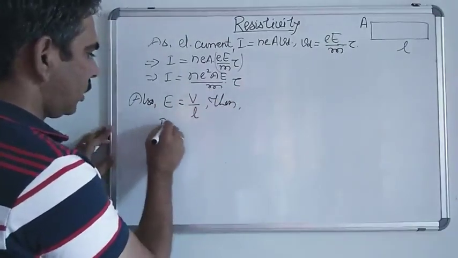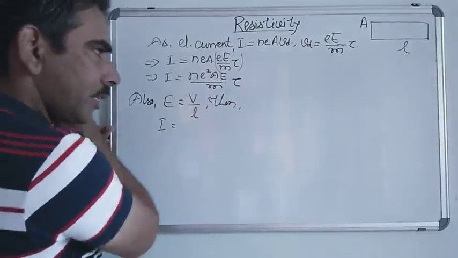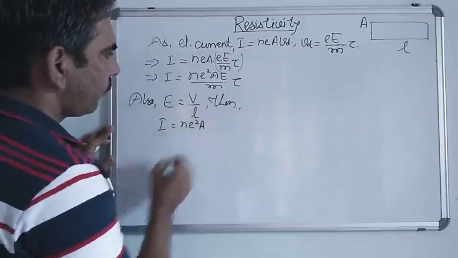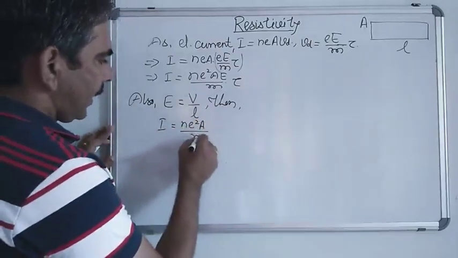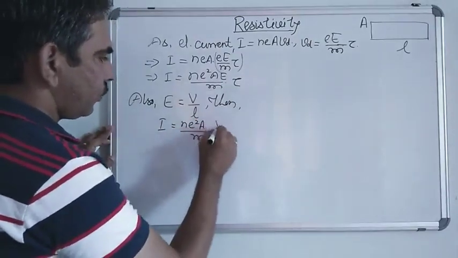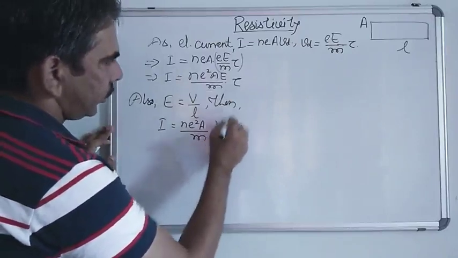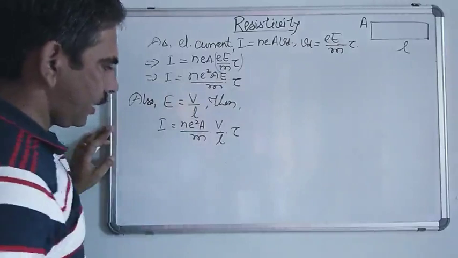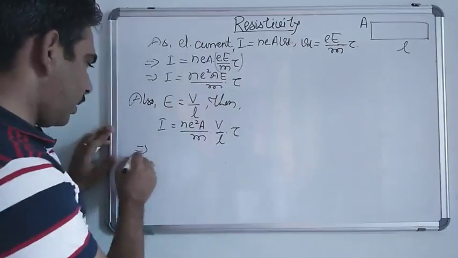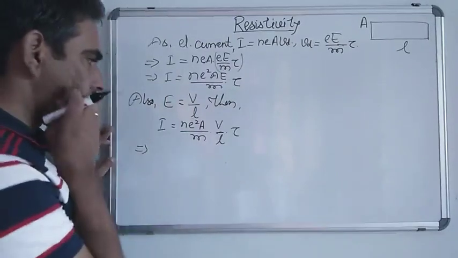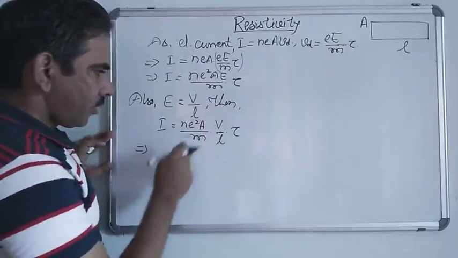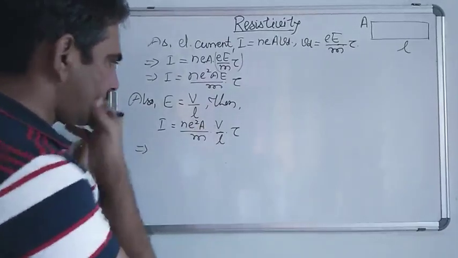So the expression for electric current takes the form NE square A upon M into E, which is V upon L into tau. From here we have substituted for E, which is V upon L. So from here we can simply calculate V upon I, right? So from here V upon I is nothing but